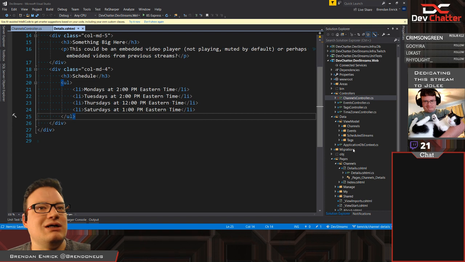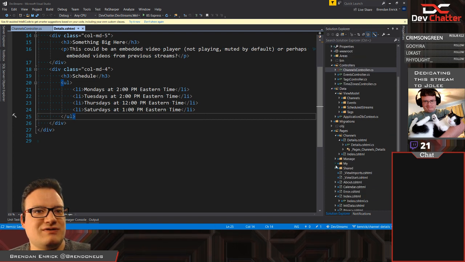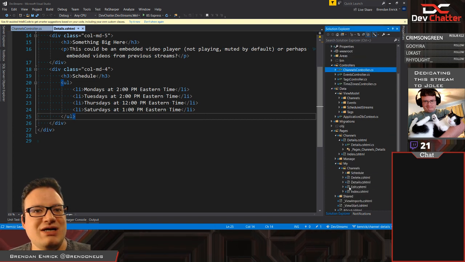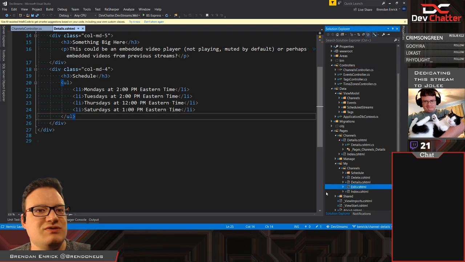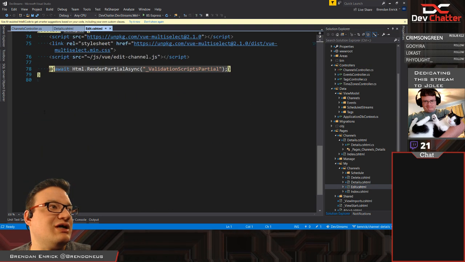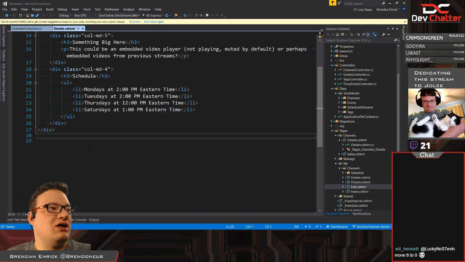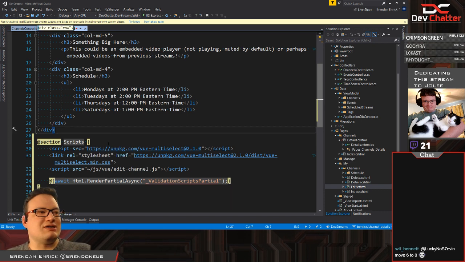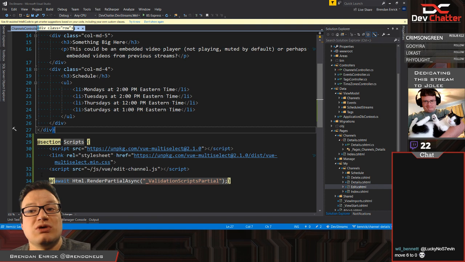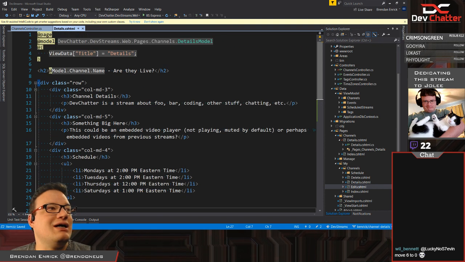Alright, next thing I need to do is make it so that this, did I use a script section previously, or did I just put it in? I used a script section. Alright. We'll use a script section as well. Okay, so essentially in Razor pages, I can just put any HTML that I want anywhere on this page. Works just fine. And I can put it here.